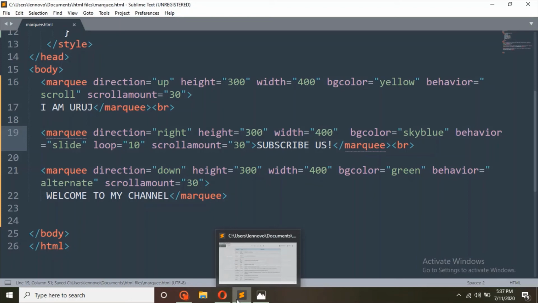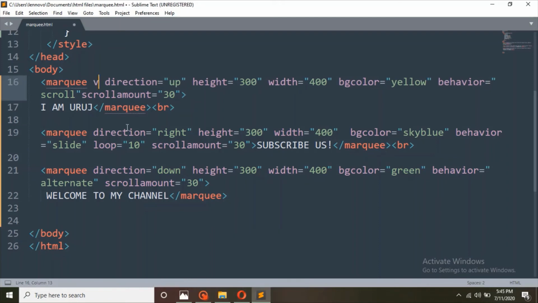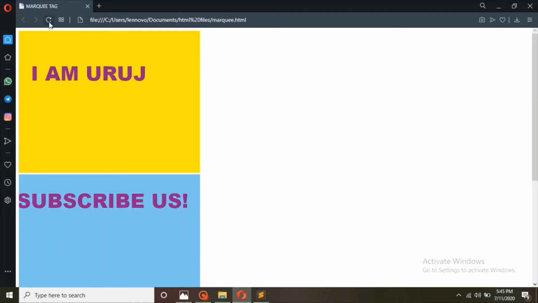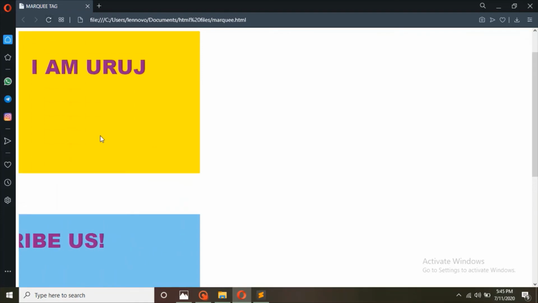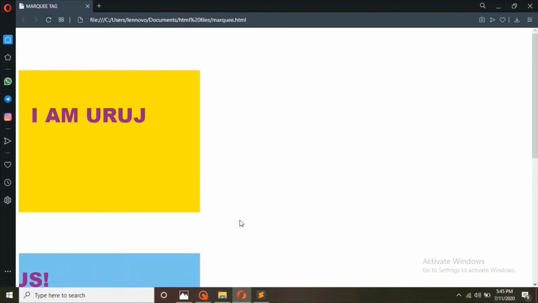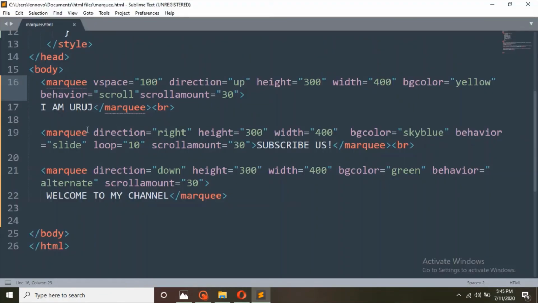So we are adding v space here. V space just adds vertical spaces, and I'm not going to explain h space because it does the same work as v space. It just adds horizontal spaces towards the left and the right.